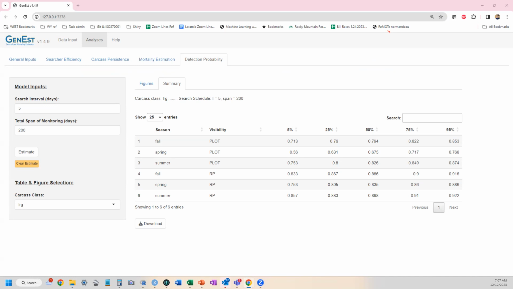So the reason is, if you miss it once, there's probably a reason you missed it. Where is it hiding? Is it under a bush? So on the first search, you find those that are intrinsically easy to find. On subsequent searches, you find those that were maybe more difficult. So we expect the searcher efficiency to be lower. The other thing is that carcass might be disintegrating through time. So usually, this is terrible presentation practice, but